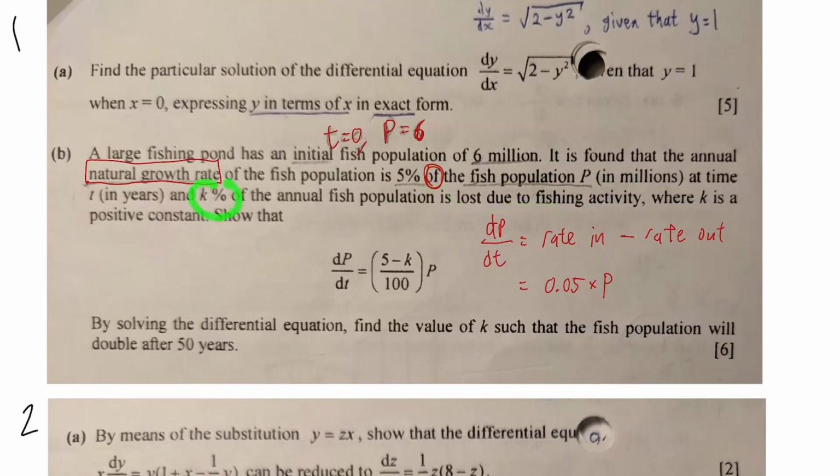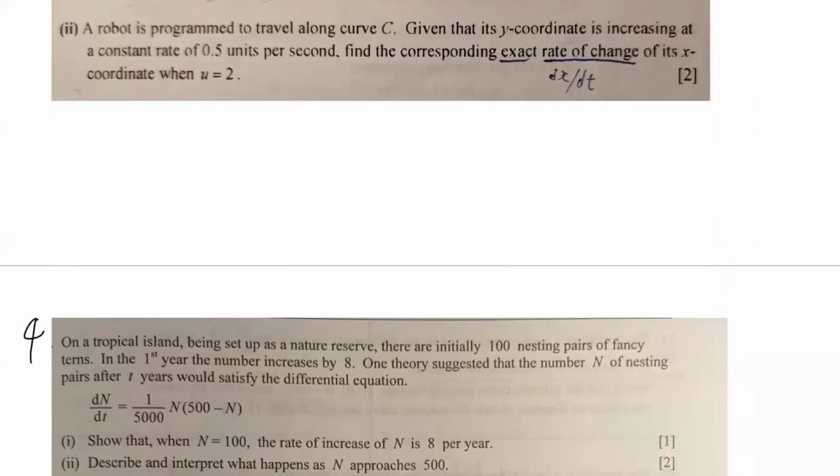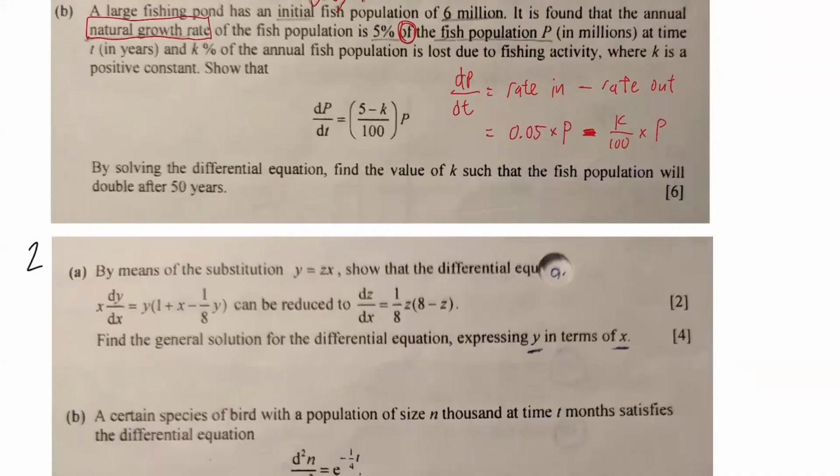Then after that, K% is lost due to fishing activity. K divided by 100 times P. Yes, that's your rate out. K divided by 100, K% multiplied by P. But it's a minus in front. Then you realize that you can just factorize the P out, then you get this fraction. Okay? And then after that, you want to find the value of K